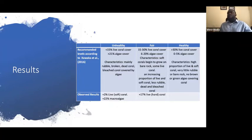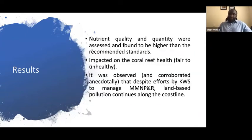got 17% live or hard corals, while the soft corals were less than 2%, and the macroalgae were more than 22%. So this told us that our coral reefs were either fairly healthy or unhealthy. So from this, we find that based on our results, nutrient quality and quality were found to